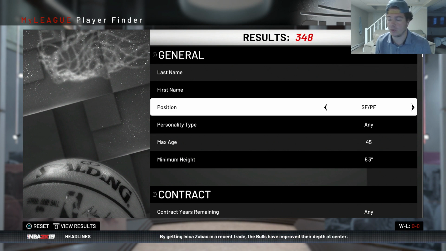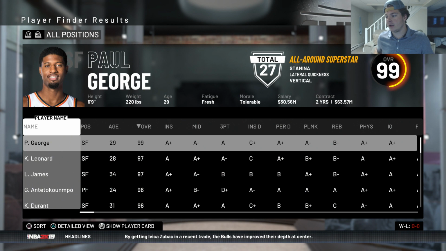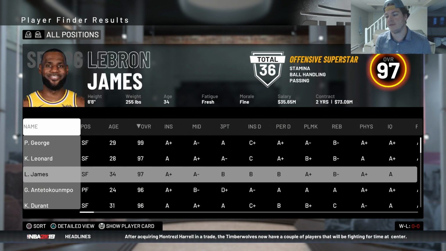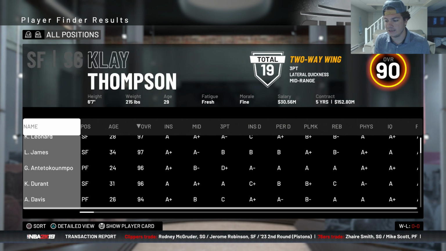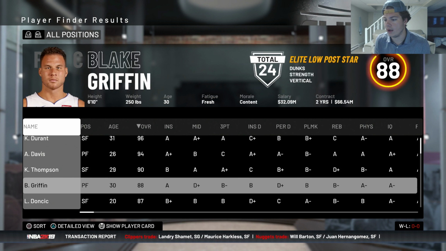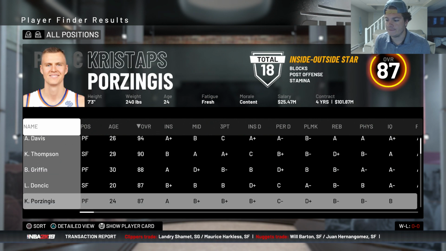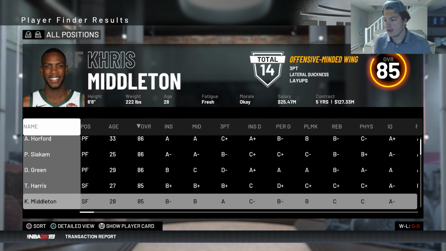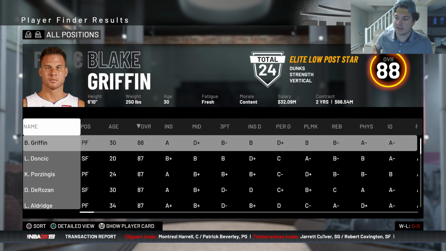And we'll stop this in 3, 2, 1. We got small forward / power forward. Okay, so that works. So guys that I could realistically trade for, we're going to exclude Paul George, obviously exclude Kawhi, so probably none of these are going to happen. I think we can start at Klay Thompson. So 1, 2, 3, 4, but they don't count. 5, 6, 7, 8, 9, 10. So we'll do 1 through 10 starting at